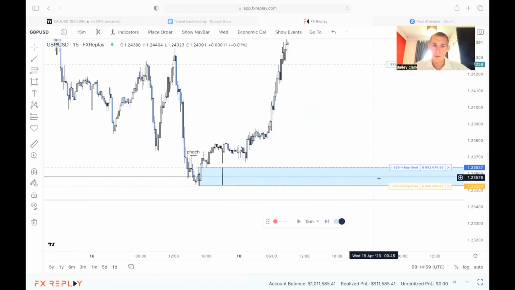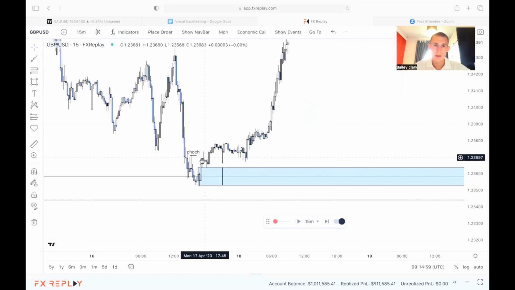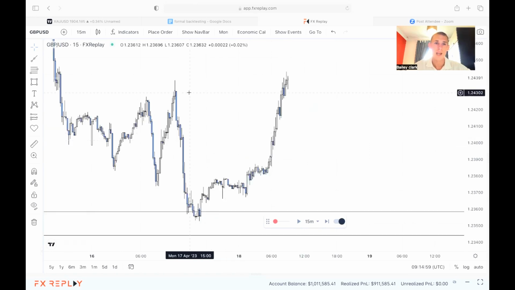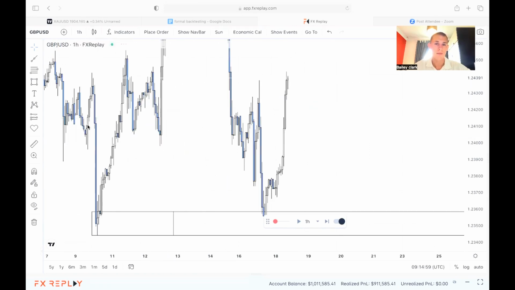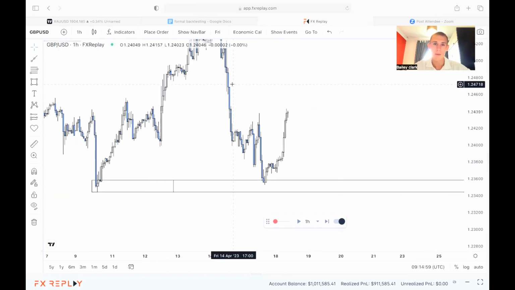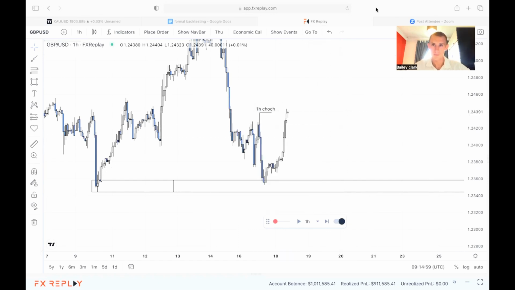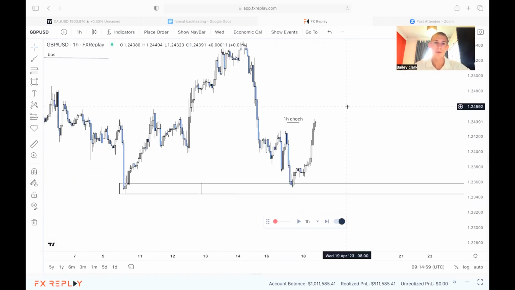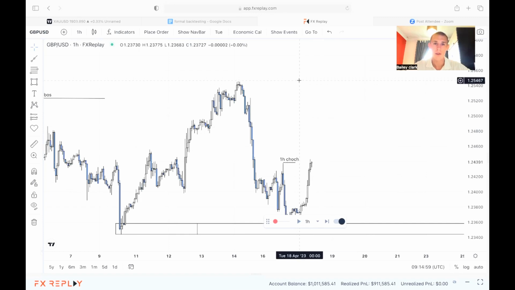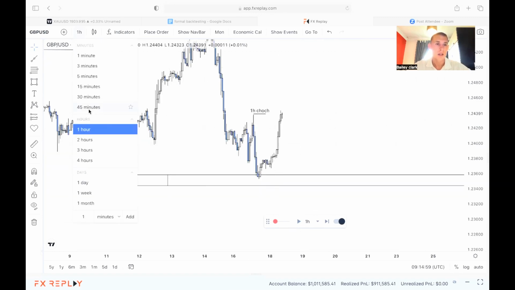Maybe not. That one might have missed. But what we've also done now is we have taken out this major structure. So on the 1 hour, that would be a 1 hour confirmation. That'll be our 1 hour change of character, showing us that price will most likely move back now to this previous high. So